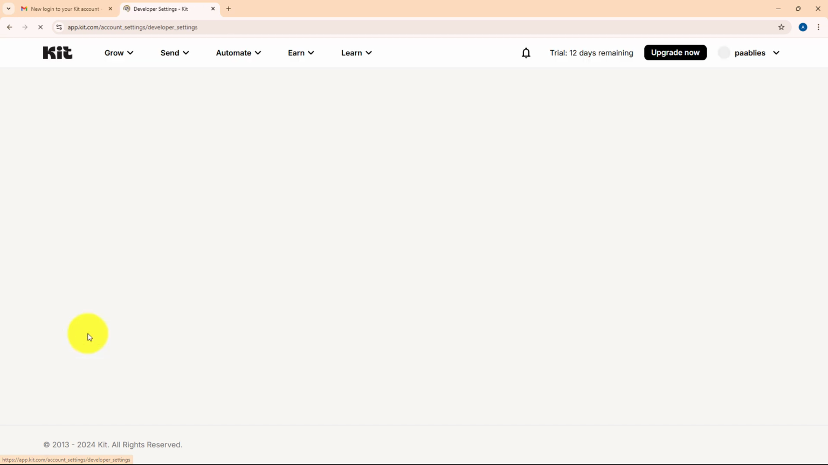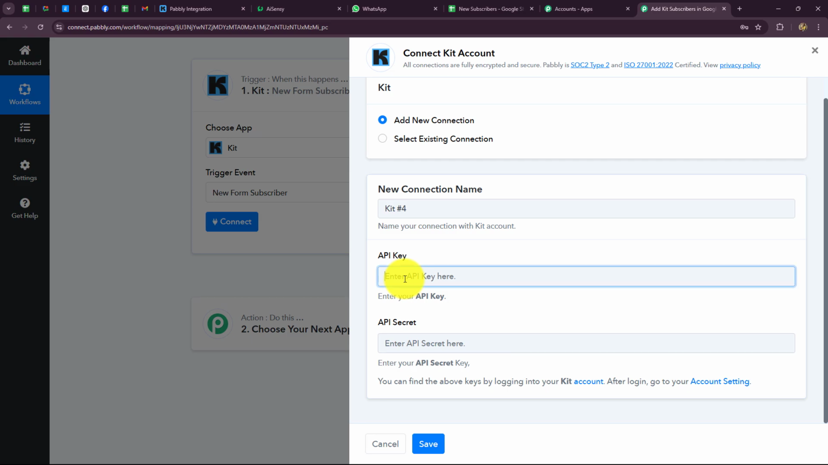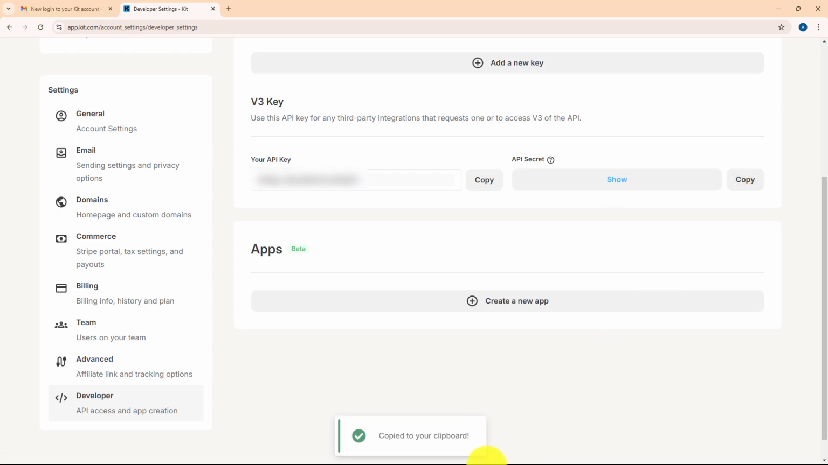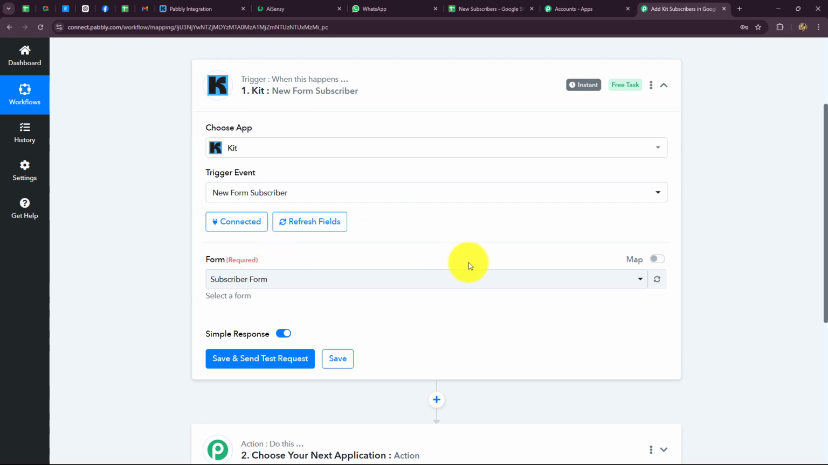Here let's select it. After coming on developer section, we have the API key and the API secret. So first of all, let's copy the API key and we'll paste it over here. So let's copy the API secret as well and we will paste it over here. Alright, done. This is API key and the secret. Let's click on save. As soon as we have done that, the connection is built successfully between Kit and Pabbly